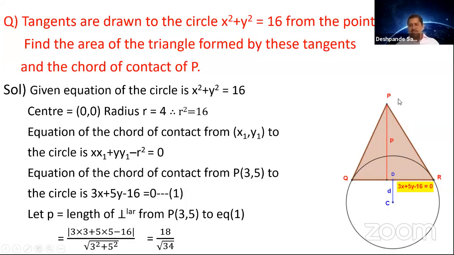Now you have the height. What you want is the base. Area of triangle is half into base into height. So the base is required. So what is the base here? Chord. So to get the chord here, from the center, you drop a perpendicular onto the chord. You can see here, from C, you are dropping a perpendicular. You get CD. So you need to find the distance D here. Once you know the distance D and you know the radius of the circle, you can find out what is QD or what is QR from this. You have a formula for this. Okay, so D you are supposed to find out.